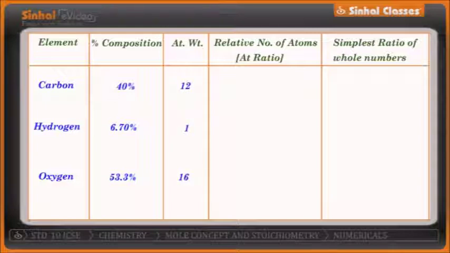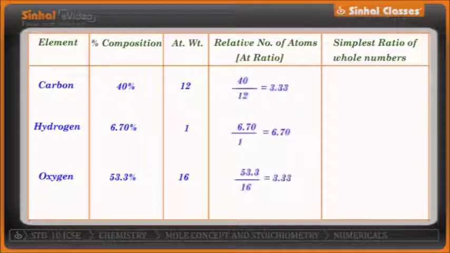The relative number of atoms involved: 40 divided by 12, that is 3.33. For hydrogen, 6.70 divided by 1, that is 6.70. For oxygen, 53.3 divided by 16, 3.33. Now let's find out the simplest ratio. Out of the relative number of atoms, the smallest one is 3.33. So we divide the relative number of atoms with the smallest relative number of atoms in order to get the